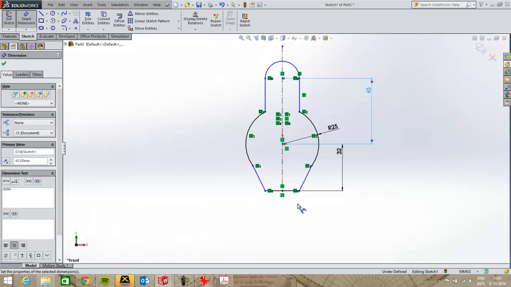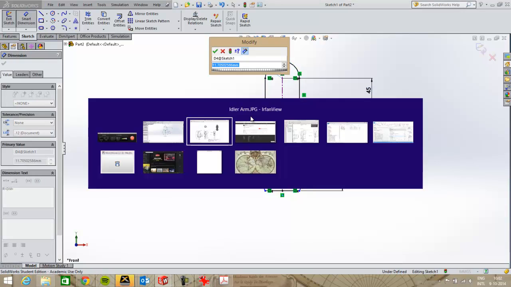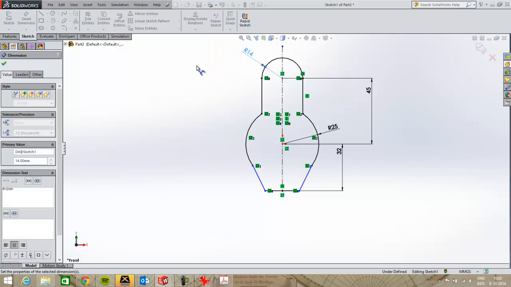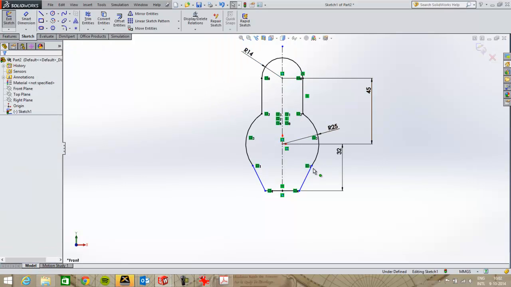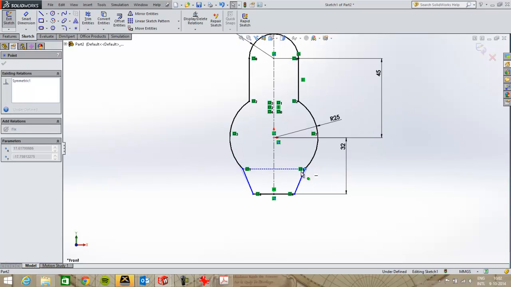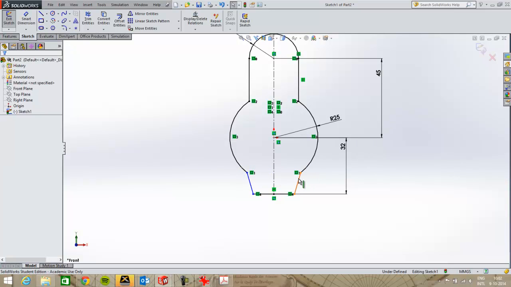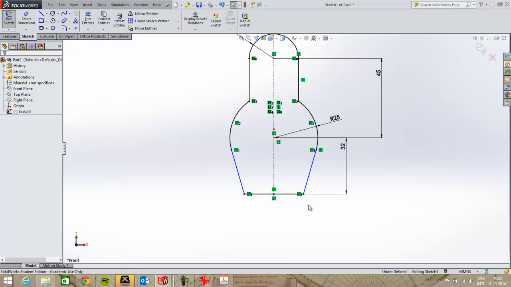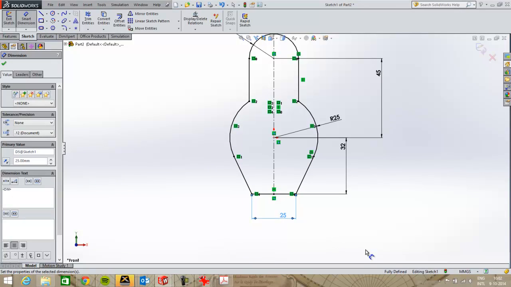And then if you continue, you see there's a radius on top here. Let me see what that should be. It should be 14.40. Then I'm almost finished with this. It seems like some parts are still blue, so you can just drag and see what happens. This is a common problem. You should enter a tangent constraint over here, tangent relation, and then almost everything is finished. Almost everything is fit together. This dimension should be 25, and if your sketch is then fully dimensioned,